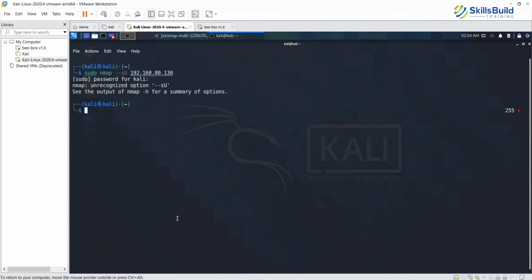Oh, it seems something is wrong with the command. So let's just try with one parameter. Okay, so it should work now. Apologies for that double hyphen, my error. So let's see what kind of UDP services it's able to scan.